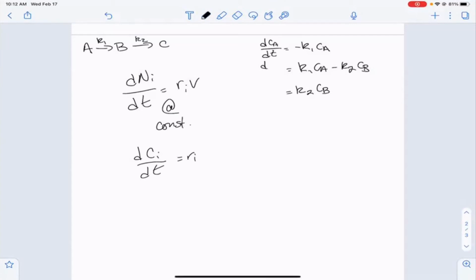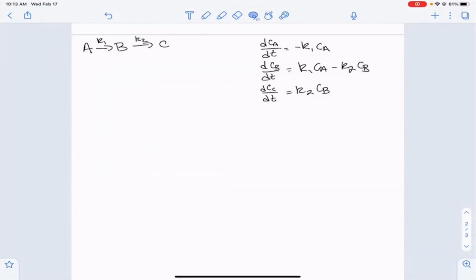dCa/dt is minus K1 Ca, dCb/dt is K1 Ca minus K2 Cb, and dCc/dt is K2 times Cb. Okay, so those are our mole balances, and those should look familiar. That's exactly what we had in our previous lecture. And remember, what we did in lecture 5 was we first solved this one, then we ended up plugging that into this equation and solving for Cb,